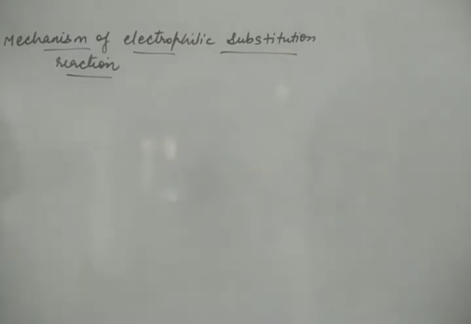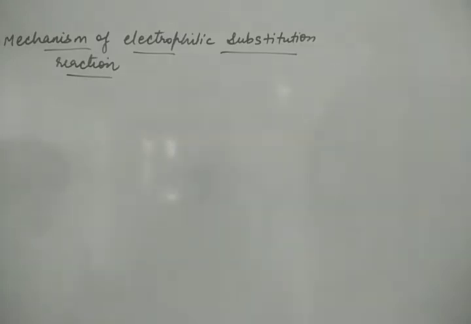Now we have to discuss the mechanism of electrophilic substitution reaction. Substitution is the most important reaction which is given by benzene ring. We have seen four types of substitutions: substitution by halogen, substitution by NO2 group, substitution by SO3H, that is sulfonic acid group, and Friedel-Crafts alkylation and acetylation. So now we have to discuss the mechanism of this type of substitution. The substitution is known as electrophilic substitution, which means in this substitution the attacking reagent is an electrophile. Now what is an electrophile? Electrophiles are those which have positive charge or which are electron deficient.